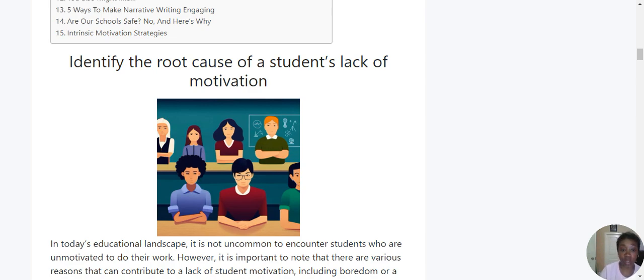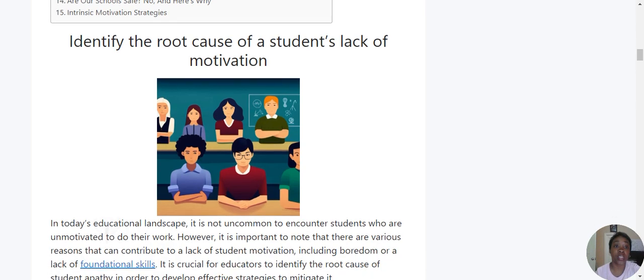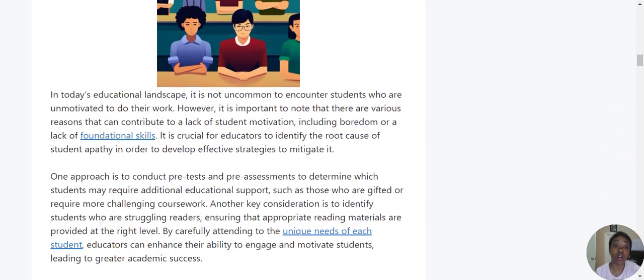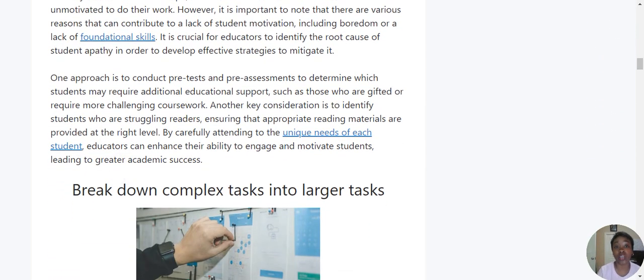So the one thing that I do think you should do first is look at that data, see what the root cause is. Is it because they're actually gifted and the work is too low for their level, or is it because they've had a lot of learning loss, and maybe they're really behind and what you're giving them may not be achievable at that time for them, so they're kind of just shutting down.